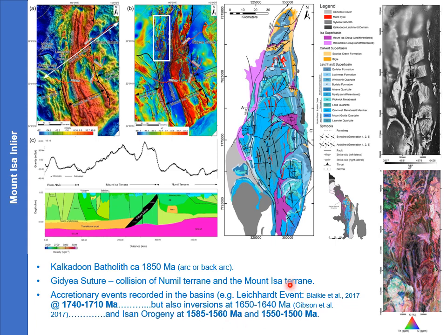In addition to that, we can understand other elements of the history, and I want to use this one as an example. So this is Tegan Blakey's interpretation of the Leichhardt River fault trough, and the key element to watch is this big regional fold through here, which has previously been interpreted to be part of the Isa orogeny, which is a 1600 to 1500 event. And this area is particularly well exposed.